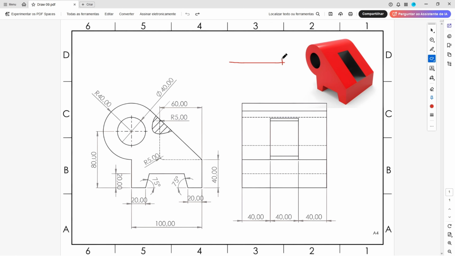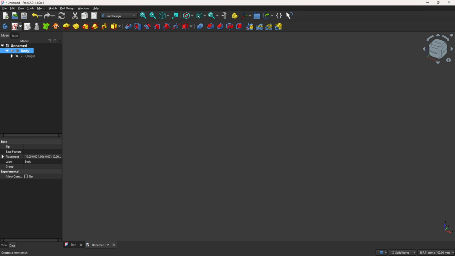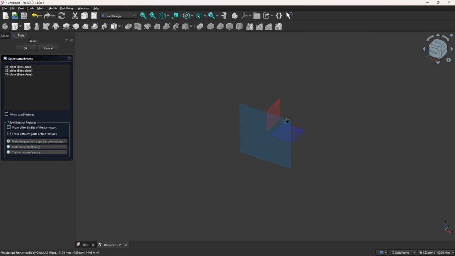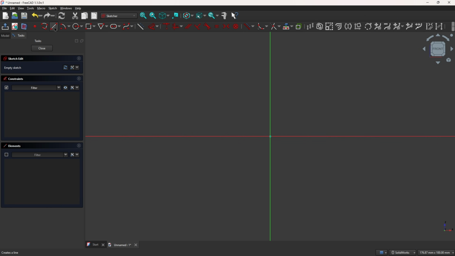The first step to create this part, we will select the front plane and make this sketch. And here will be the midpoint. So the first thing that we'll make, we'll create this line here and this arc. This arc has 40 millimeters of radius, and the distance between the center of this arc and the midpoint is 80 millimeters. So open the FreeCAD, go to create a sketch, select the front plane, and select a line, make